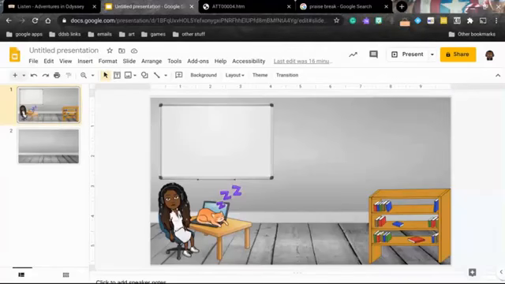Okay, this is what we're going to do today. We are going to make a virtual classroom on Google Slides with the bitmoji. I'm going to show you how to do all that in just a minute. Before we learn how to do the Google Slide with the bitmoji, make sure you create your bitmoji on